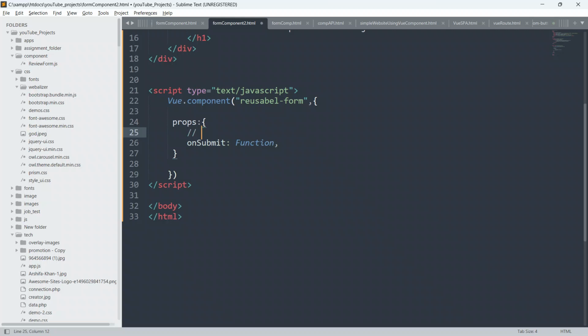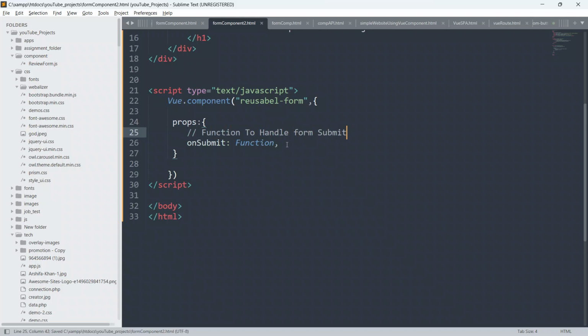So put a comment here: function to handle form submit.